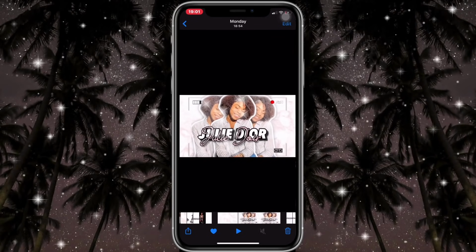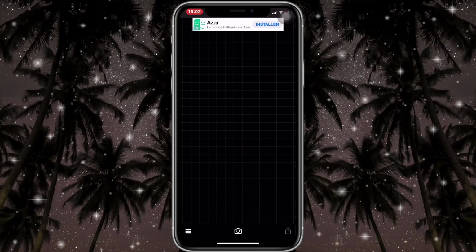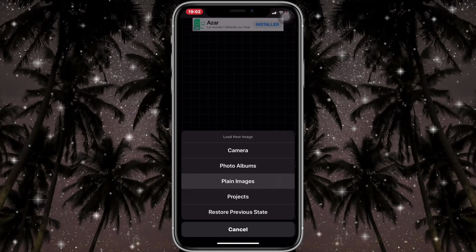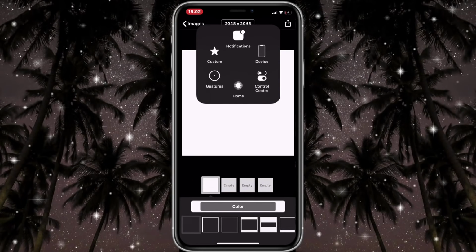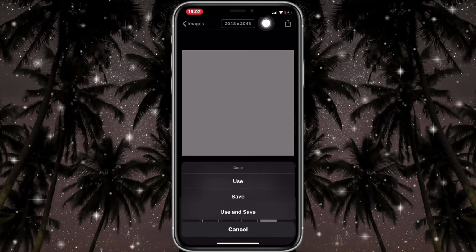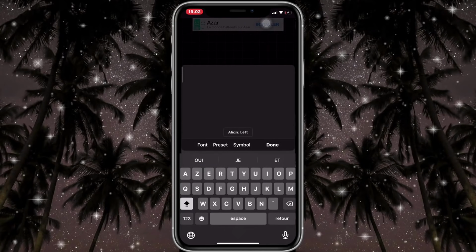Great. So now what we're going to do, we're going to do the text, which is Julie Dior. We're going to go into Fonto, click on that little camera icon, plain images, and we're going to click on the white one. We're just going to leave it at that. Use. I'm just going to be showing you guys the fonts that I used, and I'm not going to be saving it because I already have them saved in my phone, so I'm not going to be saving them back again. Add text, and we're going to add Julie Dior in capital letters,